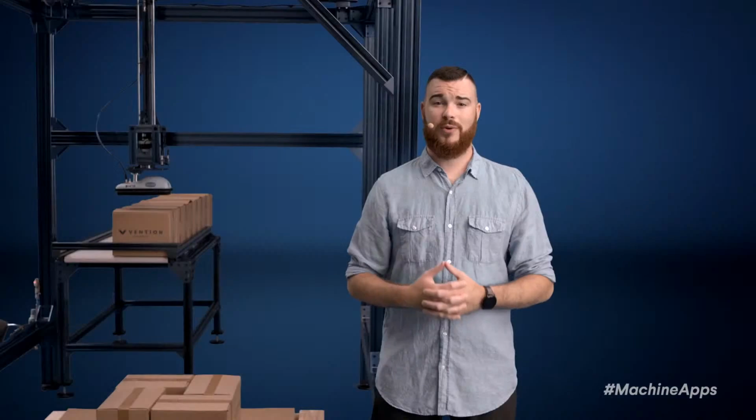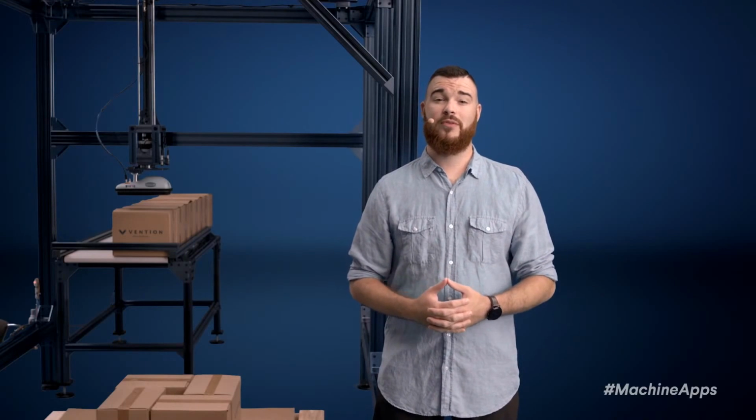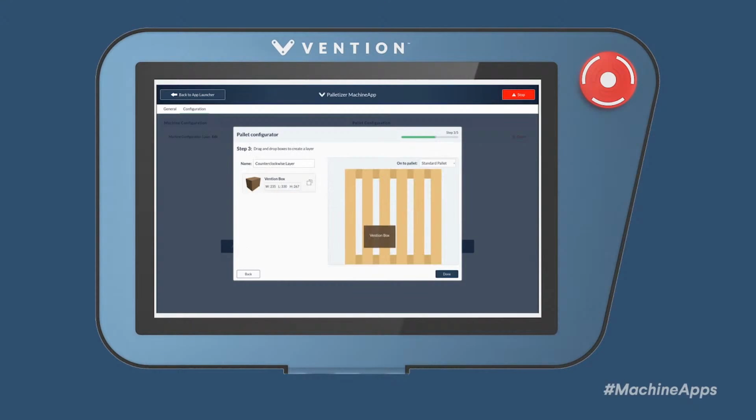On the software side, the Palletizer Machine app comes preloaded on the machine motion controller and can be accessed from either a computer or Vention's pendant. Creating a palletizing sequence is really quick and intuitive, taking roughly 5 minutes from start to finish. Throughout the setup, you'll define parameters such as pallet dimension and position, box size, box orientation, as well as pick point position. You can also create different layer configurations within the same program by simply dragging and dropping boxes onto